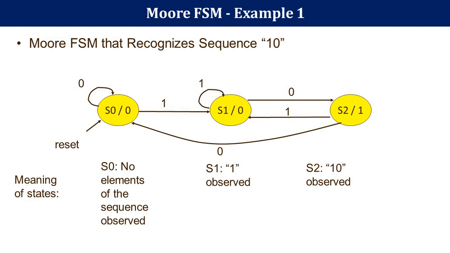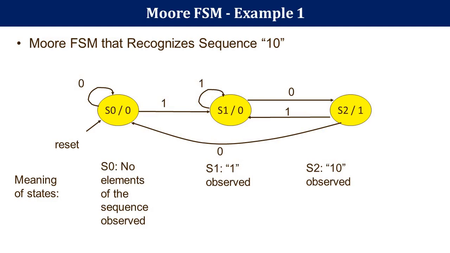Initially the state diagram is in the first state, that is S0. As it is a Moore FSM, the outputs are provided inside the circle, and once the sequence is detected, at the last state you will get the output 1, and for the remaining states you will get the output 0. Hence in the first state you have provided S0 slash 0. S0 is the present state and 0 is the output. Initially, when the input is 0, it will wait in the same state to detect the 1 of the sequence.